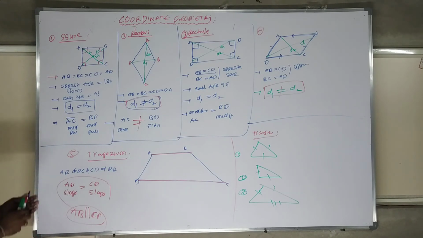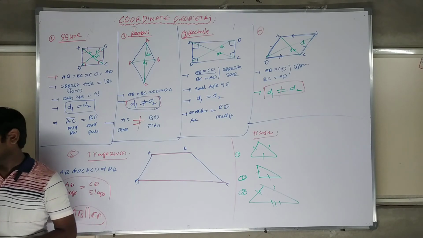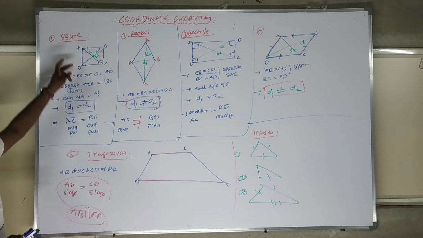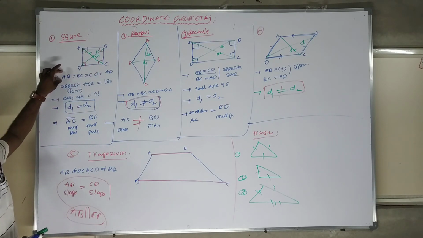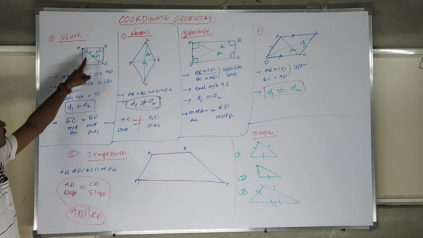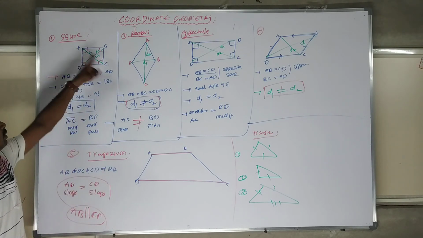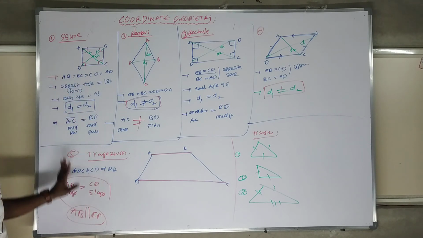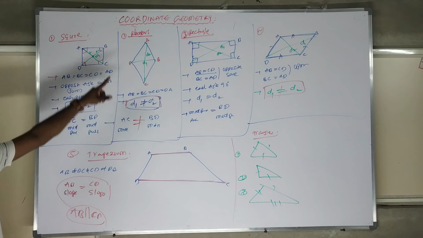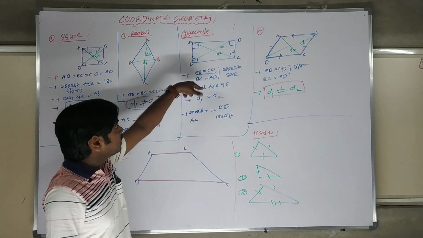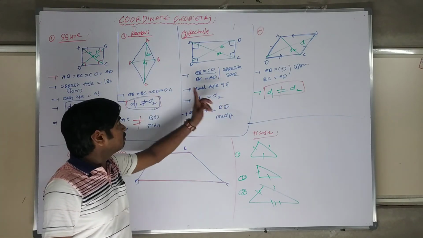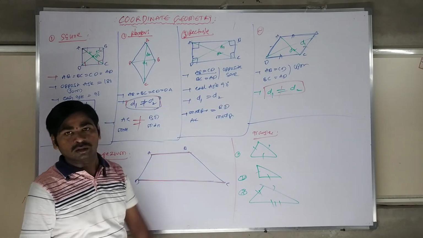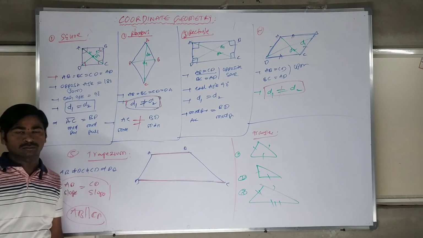So this is the way to justify whether it is a rhombus, rectangle, or square. In coordinate geometry they will give points A, B, C, D. Calculate the distances, then calculate the diagonals D1, D2. Then you start to justify. If all sides are the same and the diagonals are the same, it is a square. If all sides are the same and the diagonals are not equal, it is a rhombus. If opposite lengths are the same and the diagonals are the same, automatically it is a rectangle. If the diagonals are not the same, it goes to the other cases. Am I clear?